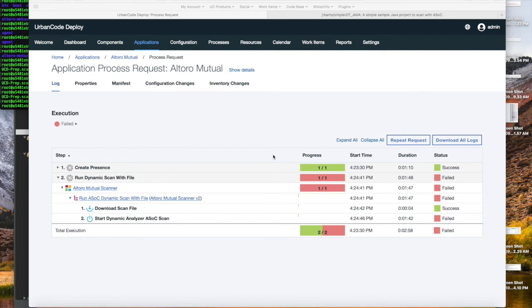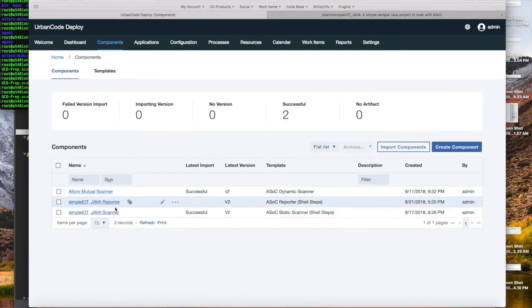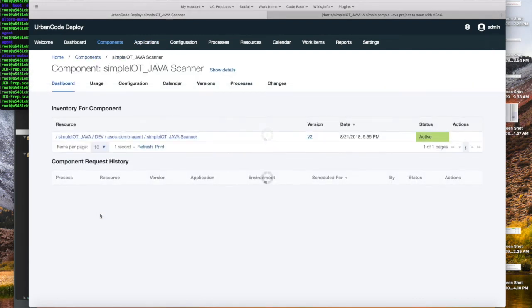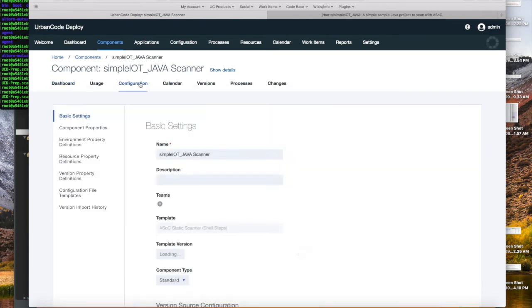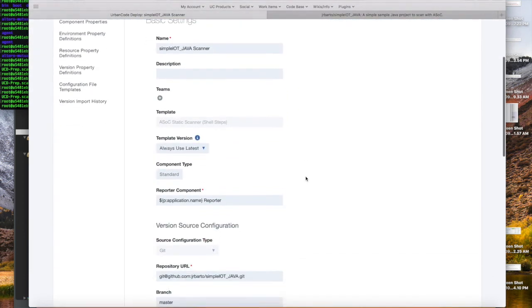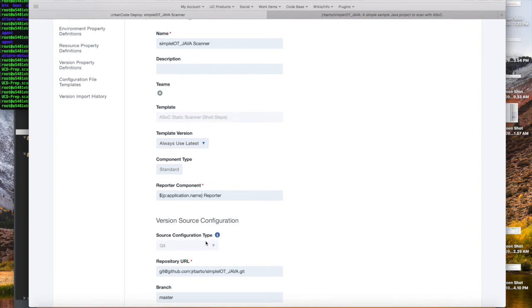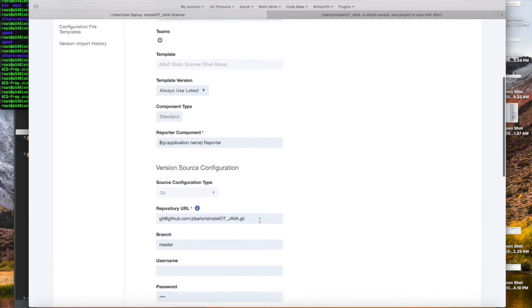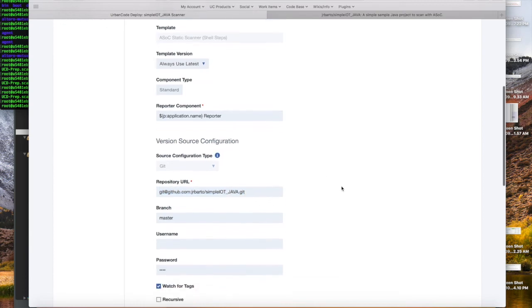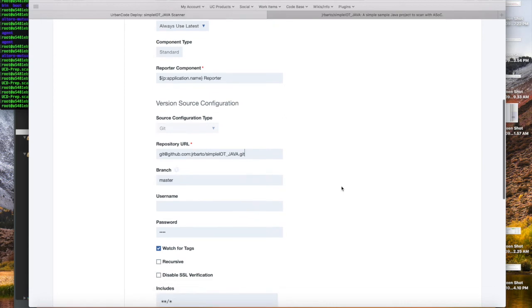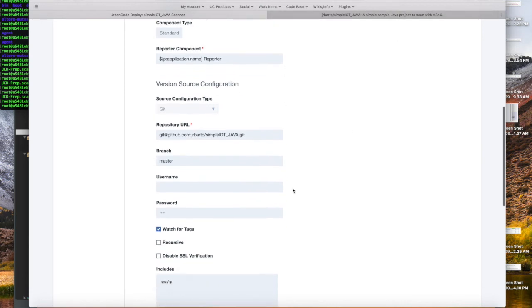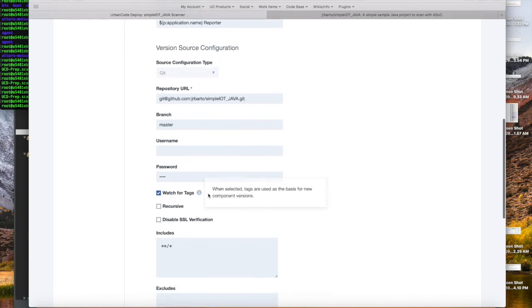So now the very last thing that I'm going to do here is show a static scan. I have created a separate component for this called Simple IoT Java Scanner. First, if we look at the configuration for this, this time I'm actually using the Git source configuration type, and that's because I've created this Java project in GitHub that I'm just going to pull down everything from. And one cool thing you can do with the Git source config plugin is you can actually watch for